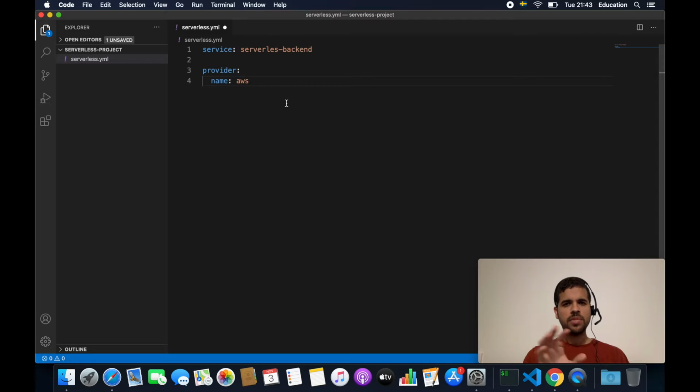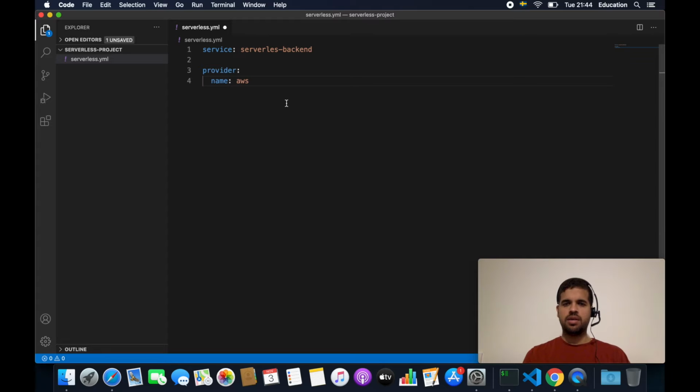And I will start with a very basic example, and I will create an endpoint, an HTTP endpoint, and then I will create a very small and simple lambda function. And we will try to deploy this project to AWS and also test this endpoint that we will create in a couple of minutes. But there are some small things that we need to set up: service name and a